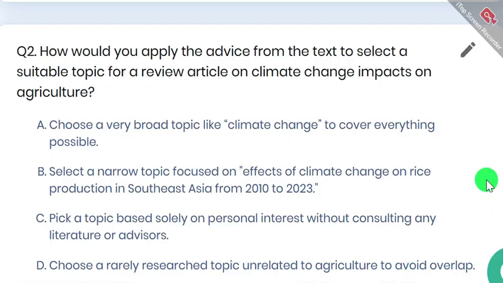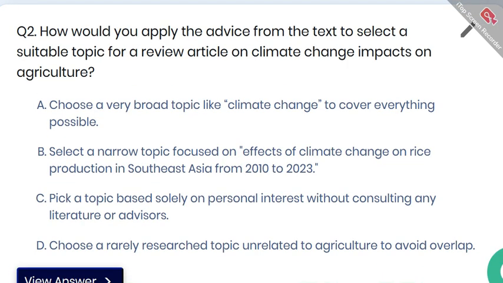To choose a good topic for the review article, you have to choose a topic which focuses on one thing, which has data from different resources, and for which the period is defined. So B seems to be a logical option. Select a narrow topic focused on effects of climate change on rice production in Southeast Asia from 2010 to